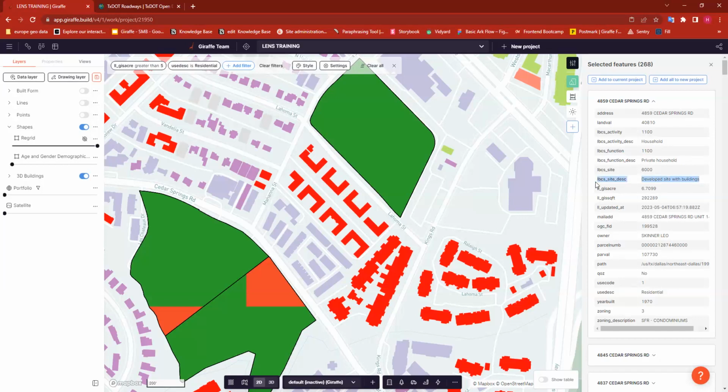additional information. It's a developed site. It's got that residential use description. It's zoned for condominiums, the owner name, the parcel number. All of this information is really useful when you're prospecting for potential sites, to have all of that in your back pocket to be able to put into your reports and use it for your further research and your next steps. Since I really like this parcel in particular,